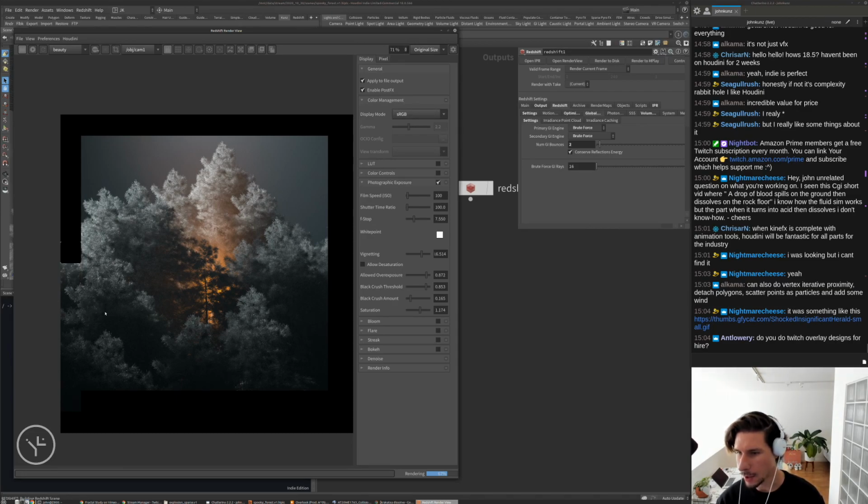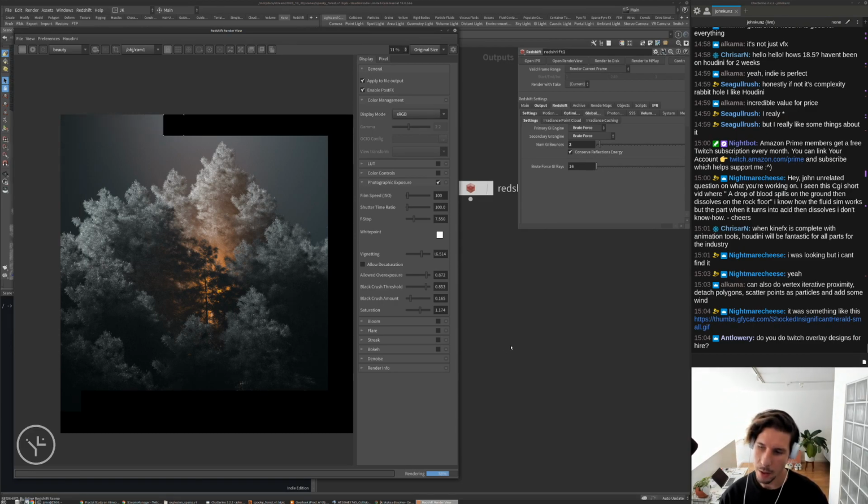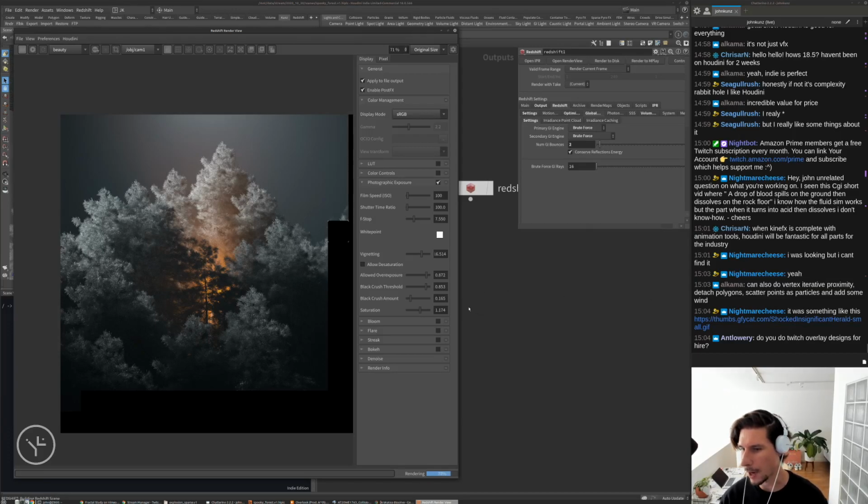Do vertex iterative proximity detach. Add some wind. So yeah, they have that, the vertex iterative proximity stuff you should be able to do pretty easily out of the box. Like they have